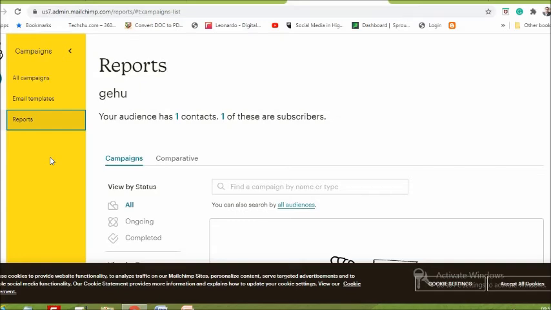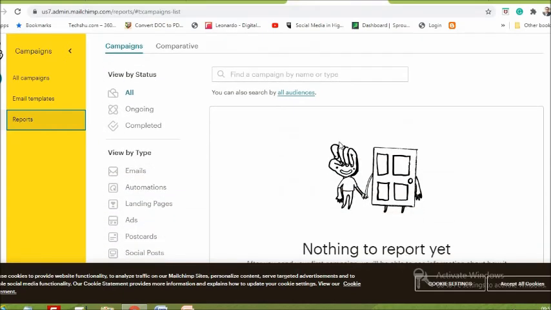And email flow is basically, as I said, different types of campaigns. Suppose you have sent an email. How can we create the flow?